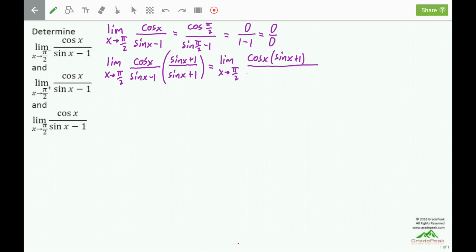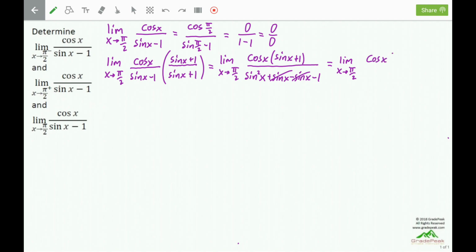Sine of x times sine of x will be sine squared of x. Outside, sine of x times a positive 1 will be a positive sine of x. Inside, negative 1 times sine of x will be a negative sine of x. And then last, a negative 1 times a positive 1 will be a negative 1. The outside and inside terms are equal value opposite sign, and they will cancel. This gives the limit as x approaches pi over 2